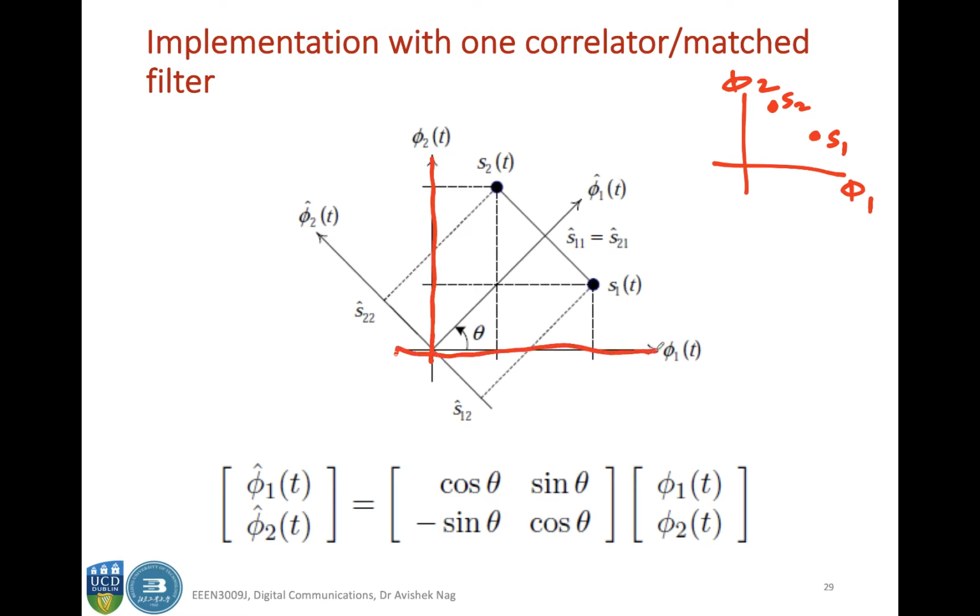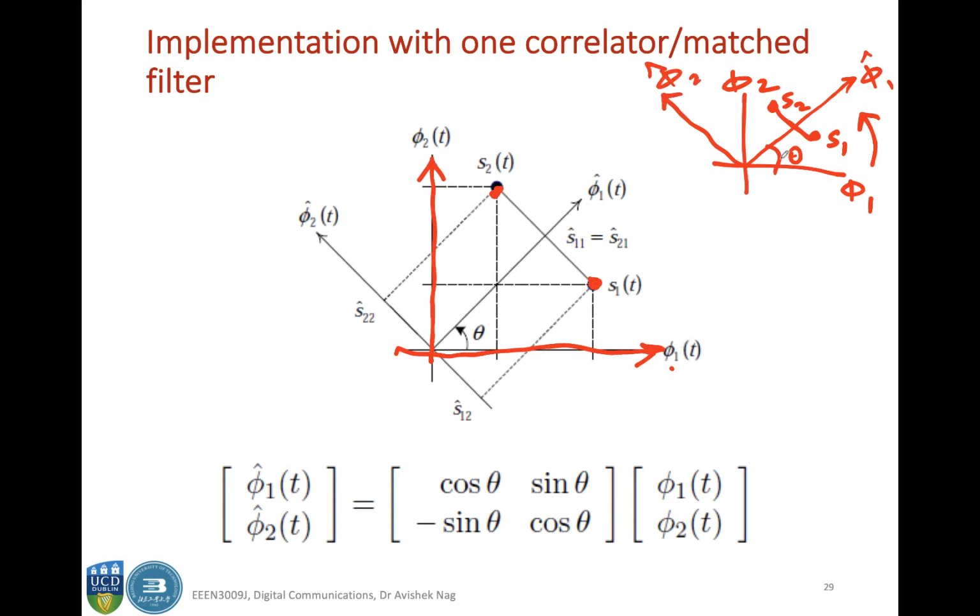This figure has so many things, but let's focus on this one first. So phi 1, phi 2, and then here are your signals. For your understanding, I have just drawn it in this way. Now if you can rotate the axes, let's say I rotate the set of axes by an angle theta. So this is rotated like this in such a way that the new set of axes is denoted by phi 1 hat and phi 2 hat,